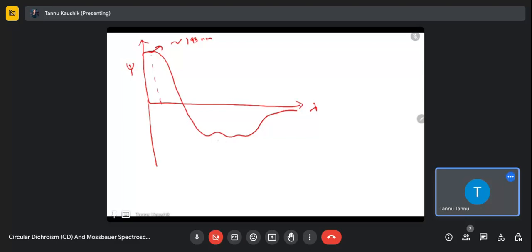And here we have two negative bands, but they are broad bands. These are not sharp bands, so we can't say that this is an alpha helix structure, because if we deconvolute this spectra, we will get a mixture of